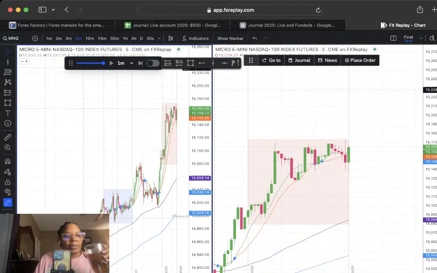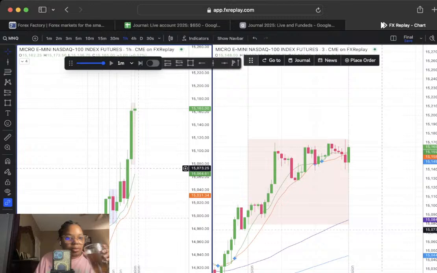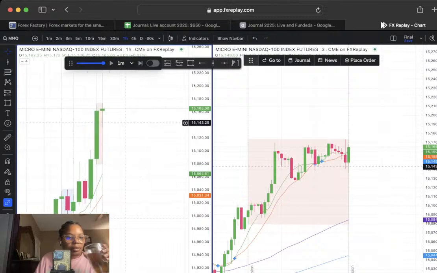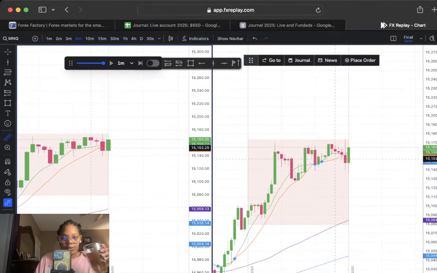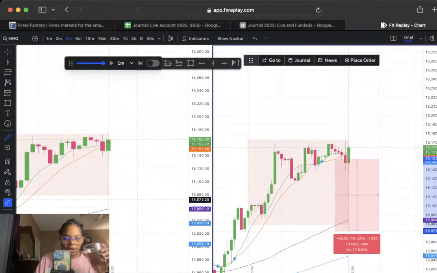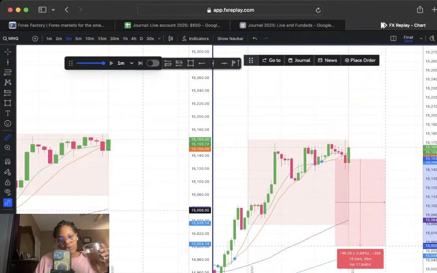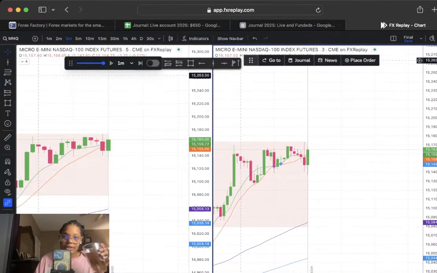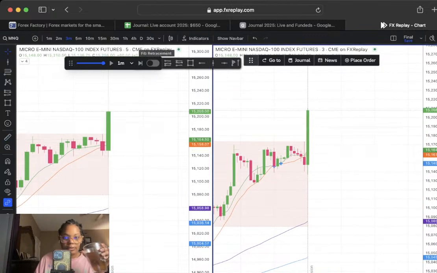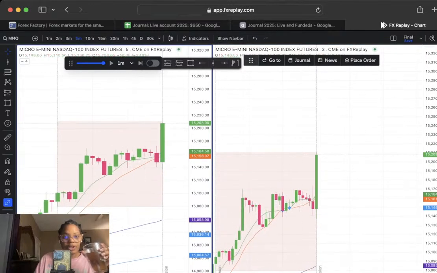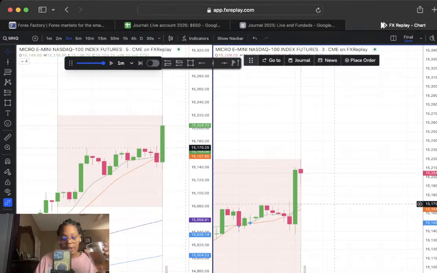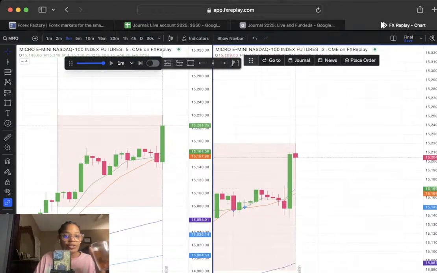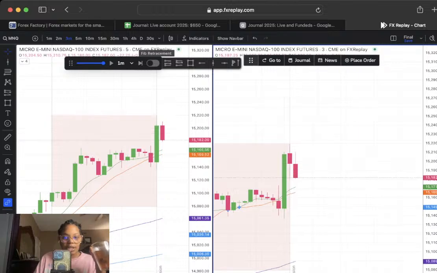But let's see, we're kind of up already. It's looking like we're going to continue bullish, but we can finally cross. There's good enough space to take a short if we want to take it. Yeah, 350 ticks to take a short down if we get a good one. Let's see if we do. If not, we'll play our longs because we're bullish all day. A lot of space, but like I said, we're testing the retest. Let me stop. I was about to enter the trade already right there. But let's see if we get a retest.